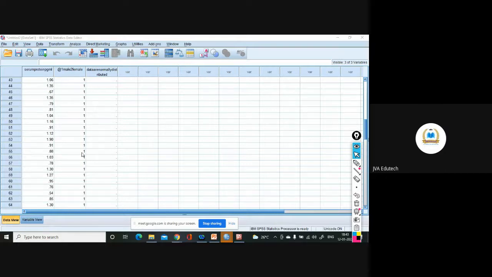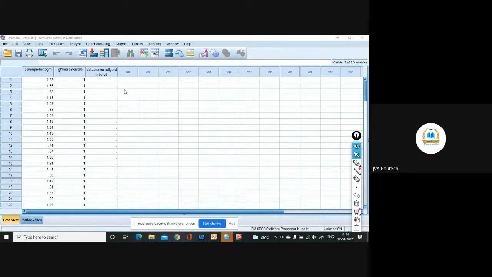Here, one stands for male and two stands for female. I've divided them into two groups. If it is bringing the change, there is homogeneity of variance. If it is not bringing change in any one of the groups, there won't be homogeneity of variances.